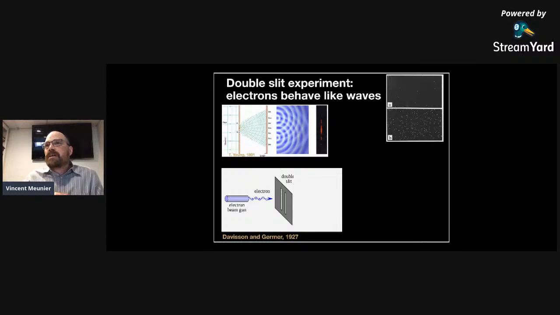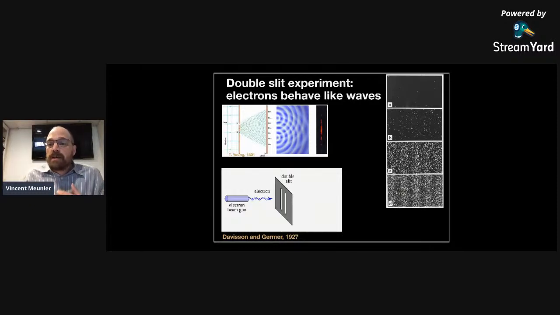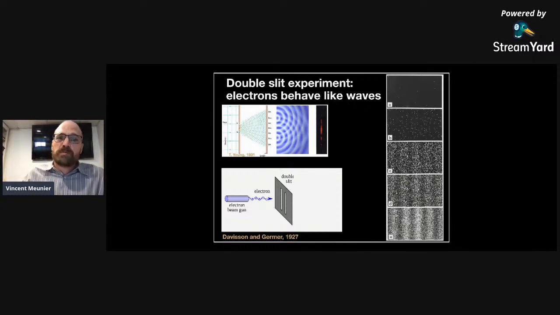Still nothing really clear happens, but if you keep going, well, maybe if you have a good eye, you start to see that there is some kind of fringes. It looks like there are areas that electrons rarely touch. I don't know if you see them with my pointer here, but we are going to see them better here in D. In fact, even more when we have more impacts, we start to see those fringes. Remember, this is an old experiment, about a century ago, so this was very nice.